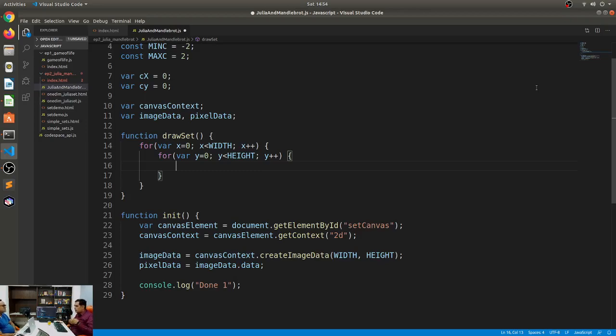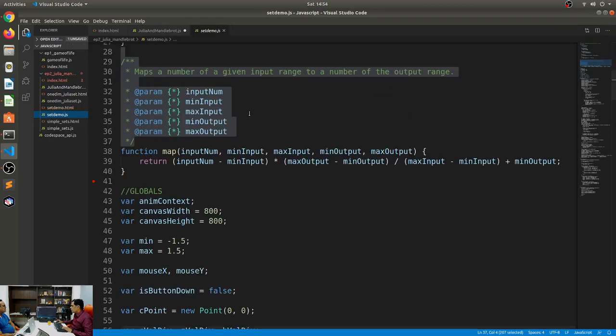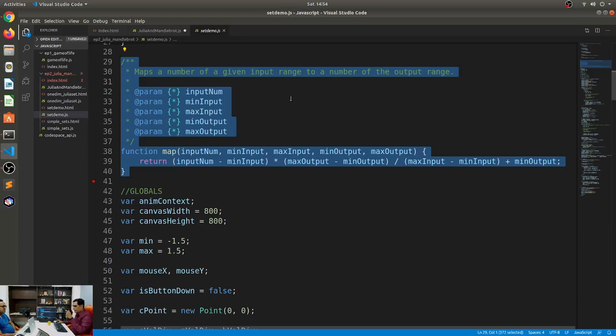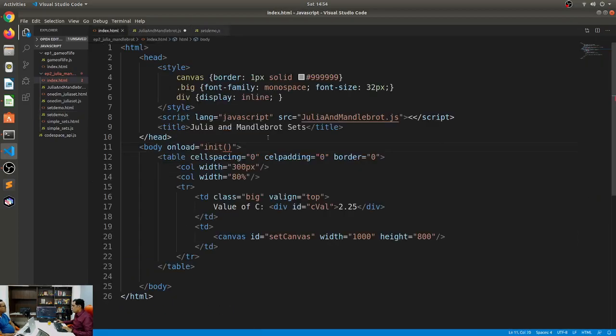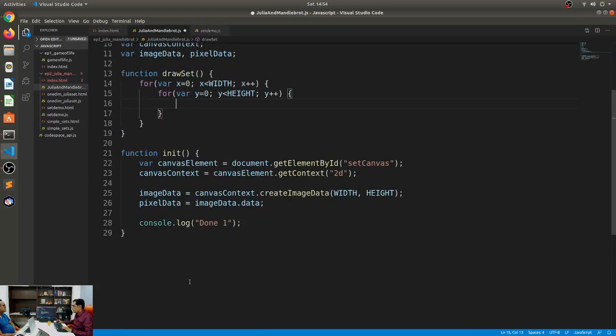When you actually code it up, try it and leave in the comments what happens. But right now, just to make sure that it appears very large on the screen, I'm going to map it to -2 and +2. But what is this mapping that I'm talking about? I have a map function that I'm going to take from one of my other sources. We created a supplementary video for this map function, and I'll link it within this video. I'm just going to copy this map function and put it in.